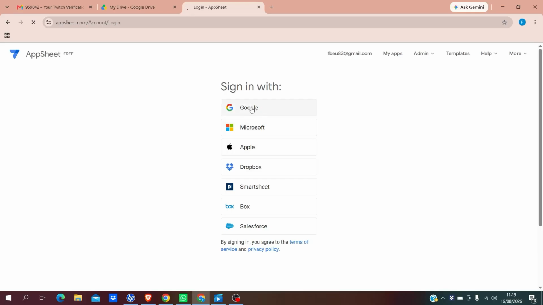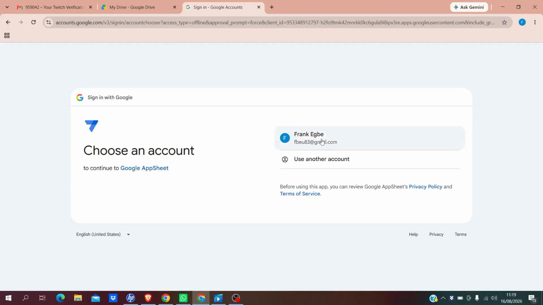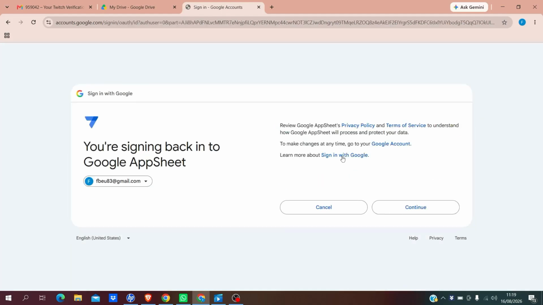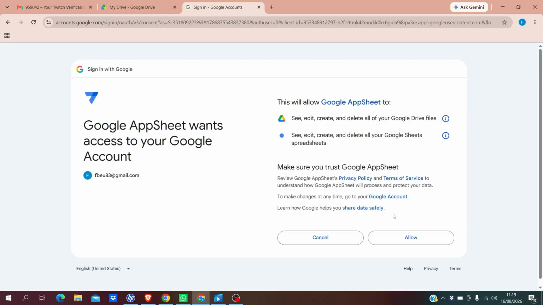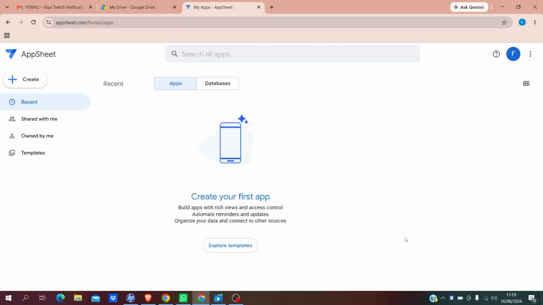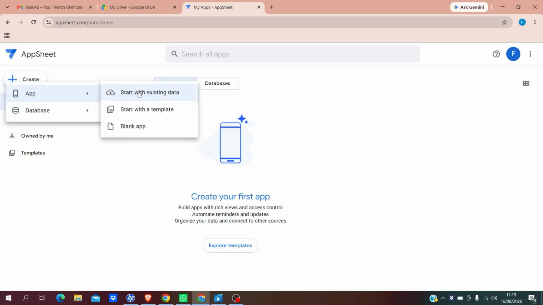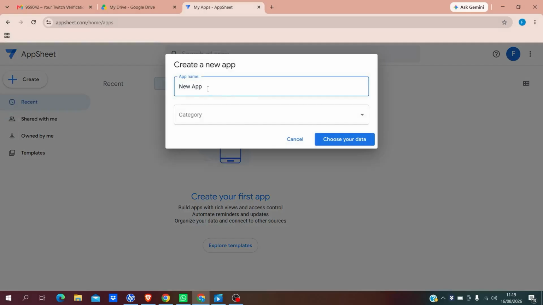Click on Google and click on the account you are going to use to sign into the platform. Then click on continue and allow. This is going to take us to the developer homepage, which is this. From this page, all we need to do is simply click on Create app, then Start with existing sheet. Now we can name our app appropriately, which is To-do